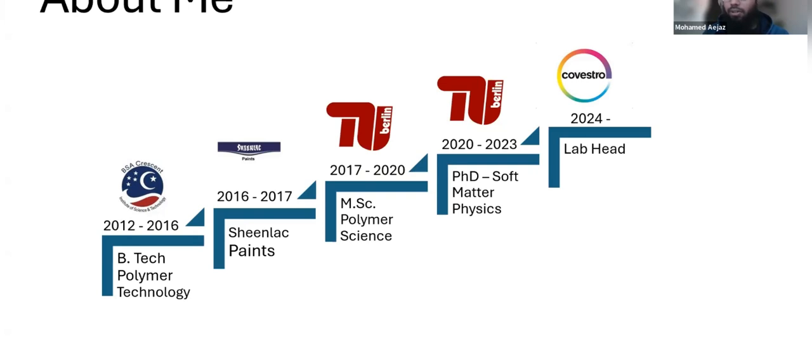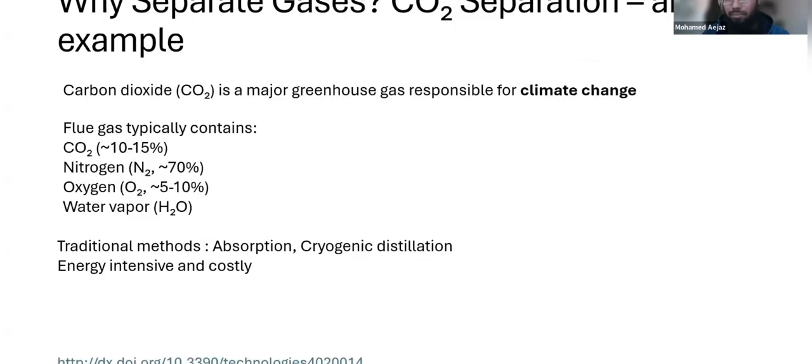Covestro makes polyurethanes. That's one of the products that we sell globally, and we also have an office in India. So first question, before we even start discussing polymers for gas separation,